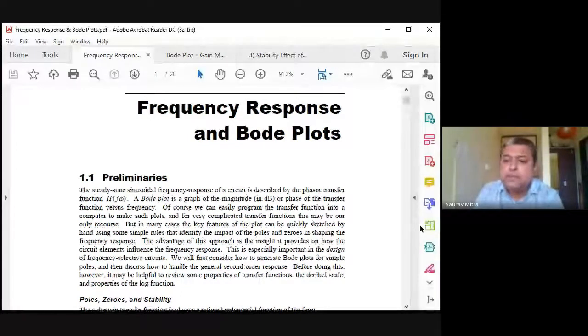Whenever I am saying first order pole or first order zero, for a first order pole, it will be reducing amplitude, that is minus 20 dB per decade. In case of a first order zero, it will be plus 20 dB per decade. In case of a second order pole, it will be minus 40 dB per decade. In case of a second order zero, plus 40 dB per decade. In case of a third order pole, which is generally not asked in the exam, it will be minus 60 dB per decade. In case of third order zeros, it will be plus 60 dB per decade. So every increment in order will add 20 dB to the slope.